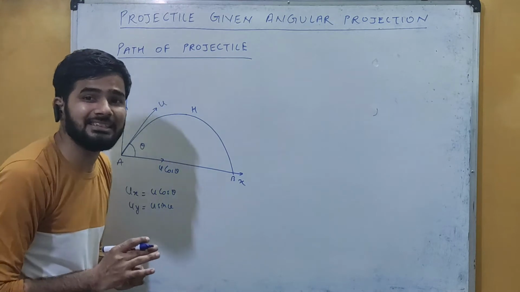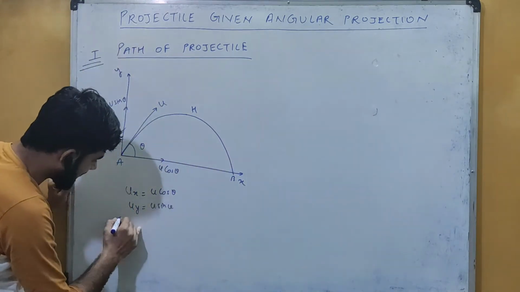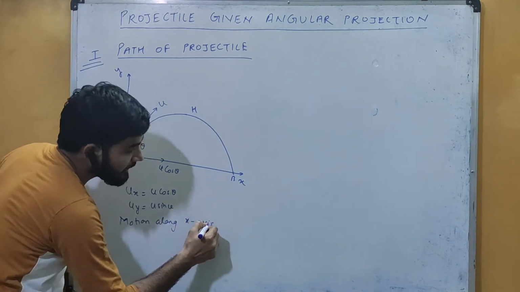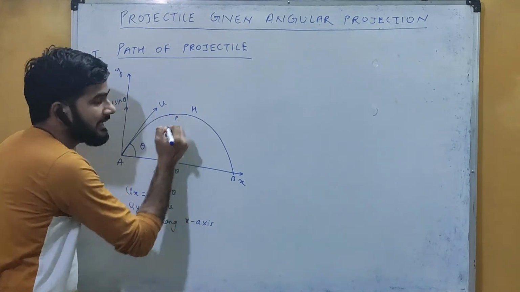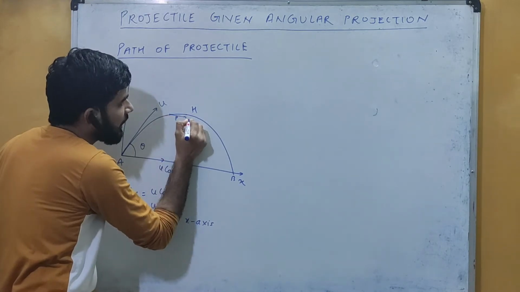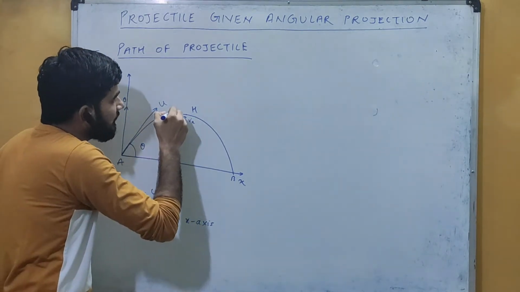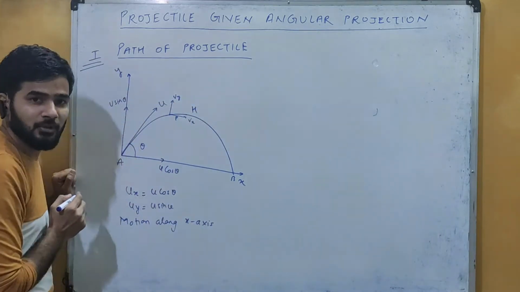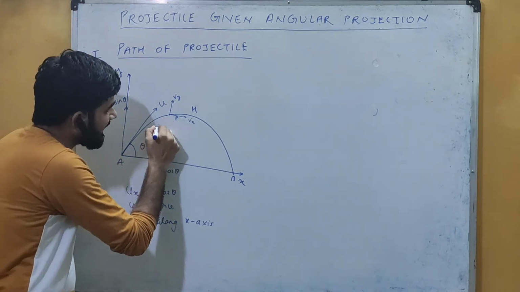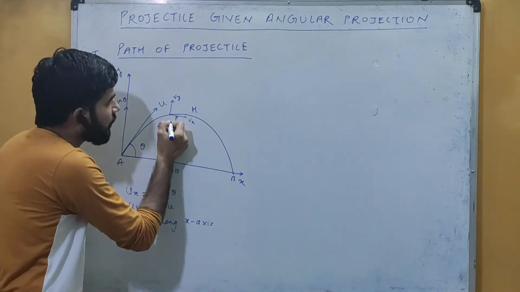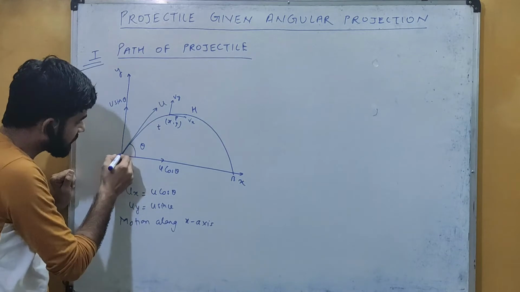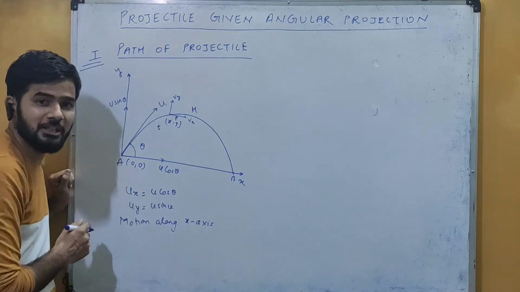Okay, now we'll consider the motion along x-axis first. So here I will write motion along x-axis. Now I will consider this point P, that is before H. At this point we will have some velocity along the x-axis and some velocity along y-axis. The object, when reaching from point A to point P, takes time t, and this point P has the coordinates x and y, and this point A we can consider to be the origin. So at this point we can consider the coordinates to be 0, 0.